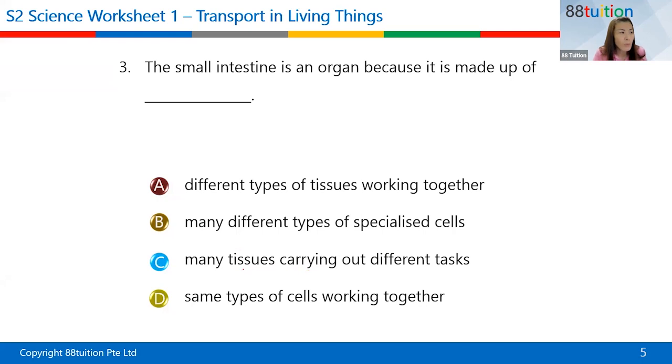Don't try to answer like carrying out different tasks, because an organ, for example our heart, has a specific function, correct? To pump blood. Agree? So the tissues that are working together will have similar kinds of tasks. Different but